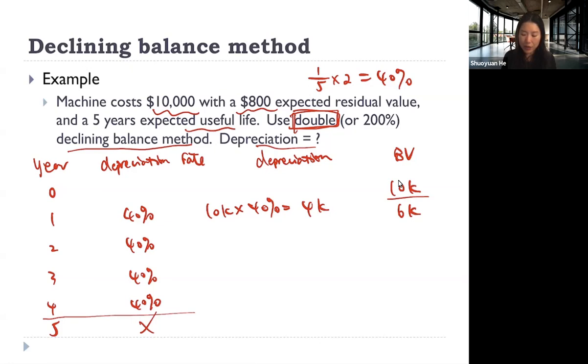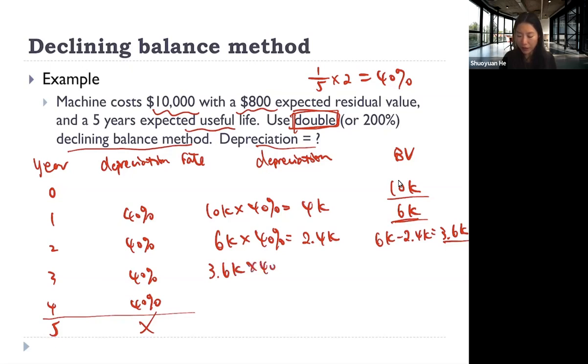The depreciation for the second year is we take the book value 6,000 multiplied by 40%. That gives us 2,400. And the book value after the second year is 6,000 minus 2,400, that is 3,600. Then our depreciation for the third year, we take the book value 3,600 multiplied by 40%. That is 1,440, and the book value that is left is 2,160. And then for the fourth year,